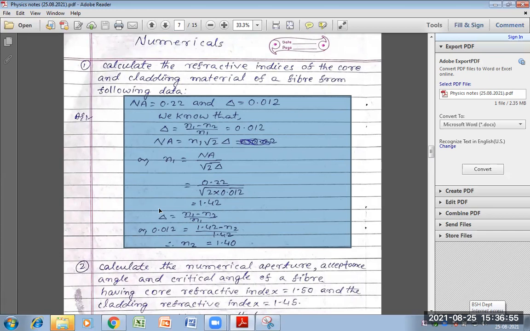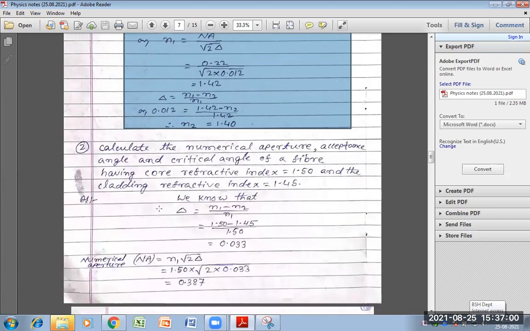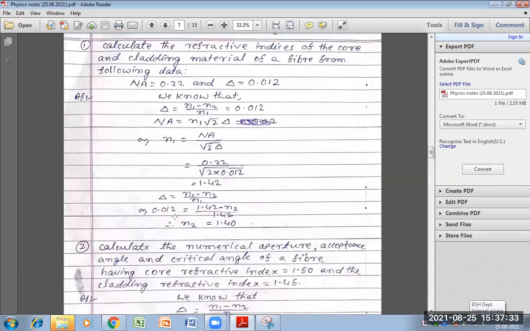यहां से हम लोगों को कोर और क्लेडिंग दोनों का रिफ्रैक्टिव इंडेक्स कैलकुलेट किया, लेकिन सेकंड क्वेश्चन में कोर और क्लेडिंग का रिफ्रैक्टिव इंडेक्स दोनों दिया हुआ है। हम लोगों को क्या कैलकुलेट करना है? न्यूमेरिकल एपरेचर, एक्सेप्टेंस एंगल, क्रिटिकल एंगल, इसको कैलकुलेट करना है. So just wait. So we know that refractive index change is equal to N1 minus N2 divided by N1. ये होता है, हम लोगों को मालूम है क्वेश्चन 1 से।